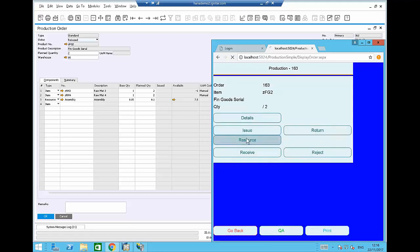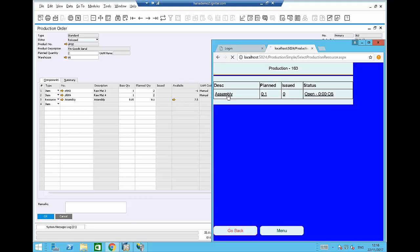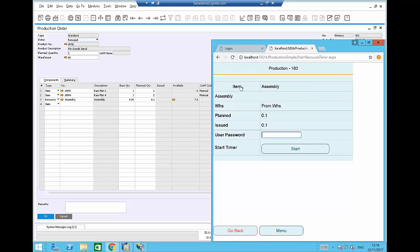Okay, so now we go into the resource time capture. So when I click on resource, Simple Production will identify a full list of all of the resources that are involved in producing this item. Now I only have 1 here, which is some time that I would like to use on assembly. So I'm going to go and click on this now, and the system will ask me, it will tell me